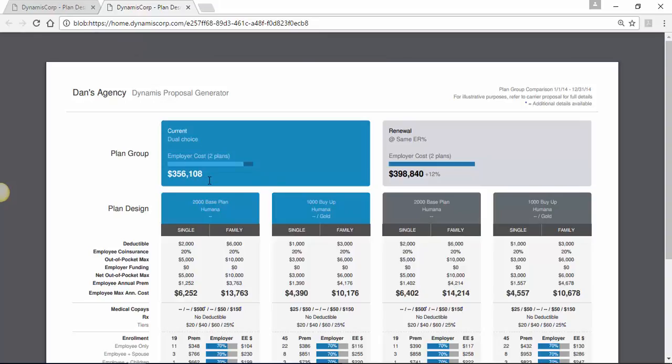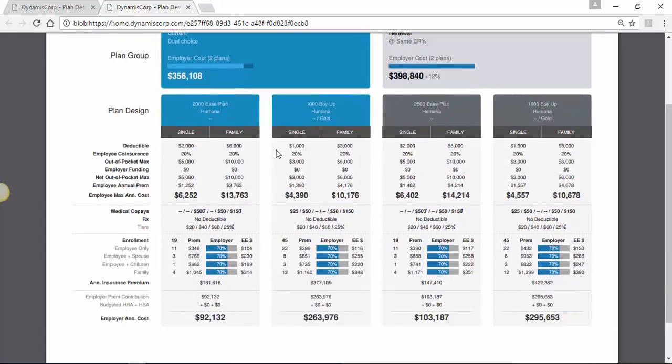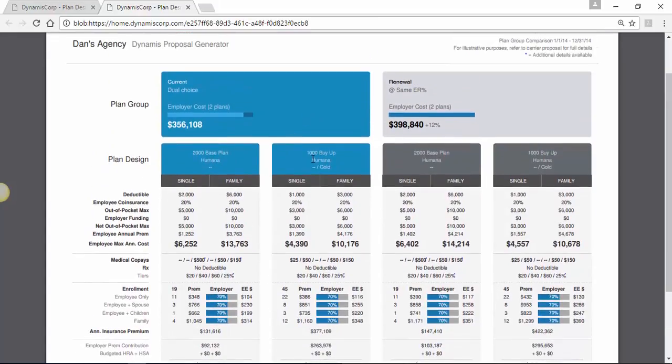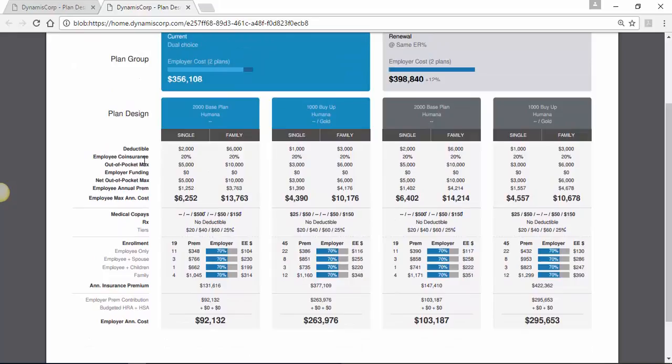So we're still able to quickly identify the employer cost impact between current and renewal. Notice the decrement, so we're able to indicate how much higher this plan group cost is compared to the baseline current. Now under each one of those plan groups, we have the plan designs contained within each group. And if we look at how this information is organized, we start with benefits and then we have the financial